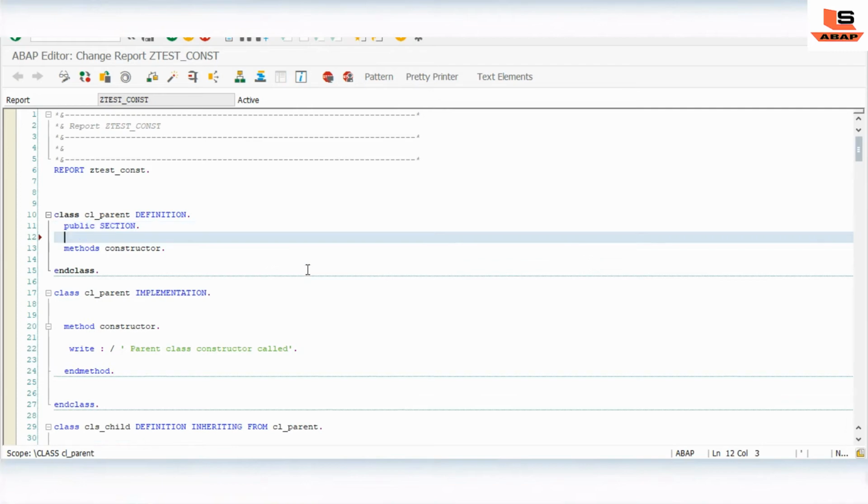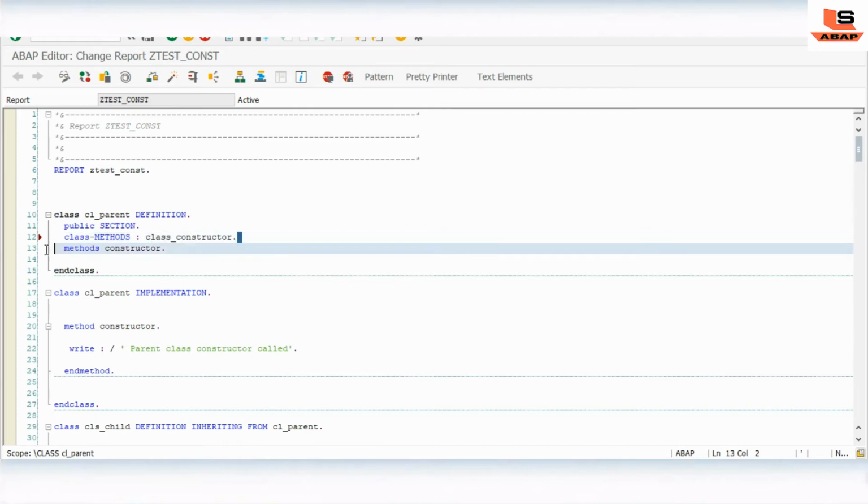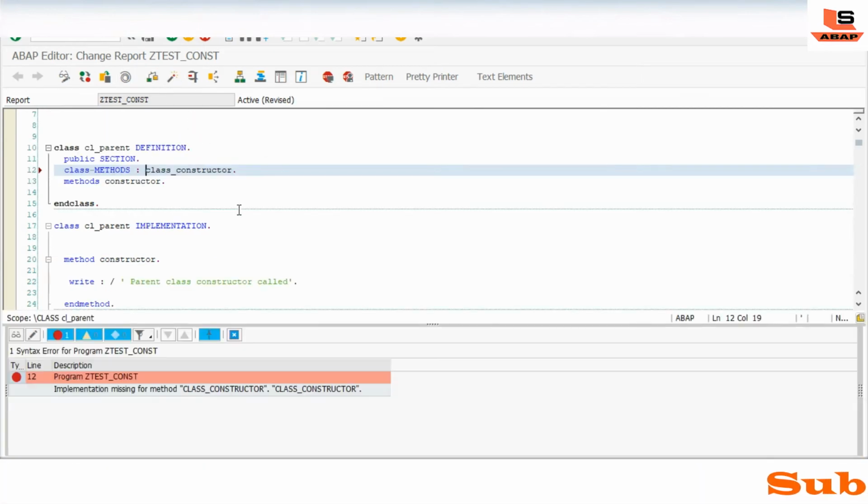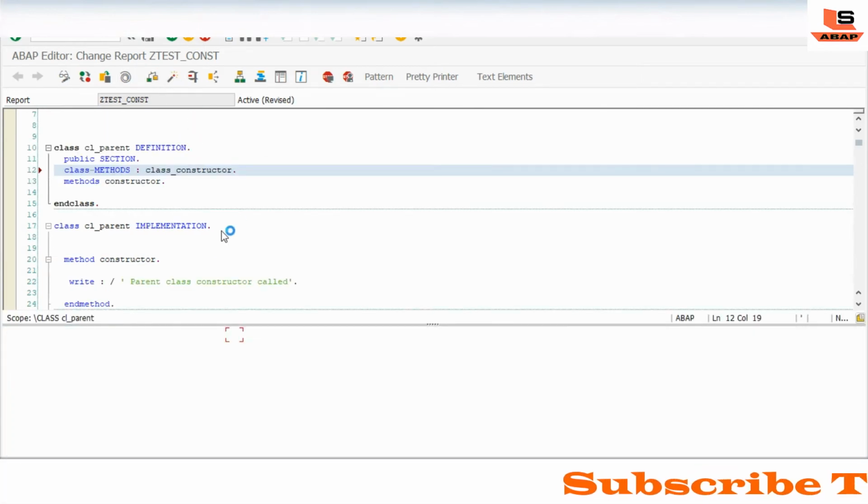Let me define the class constructor method. As we have already seen, the naming convention is mandatory.